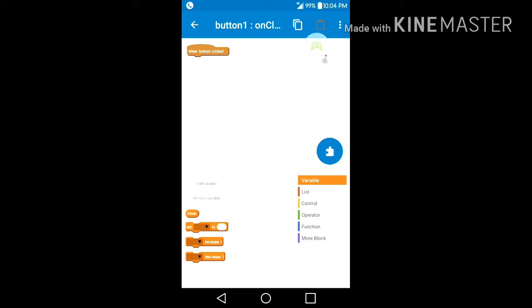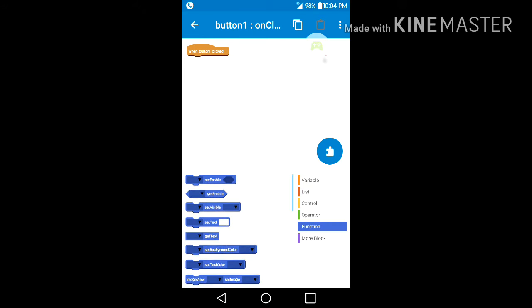So basically what you want to do now is we made our variable, which is all over here. You see the variables down here. Function, go to function. Then you want to go ahead and get